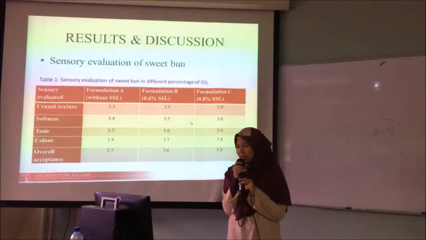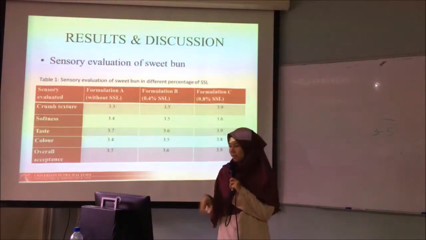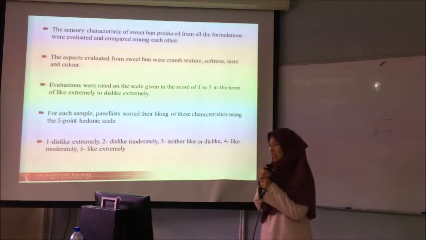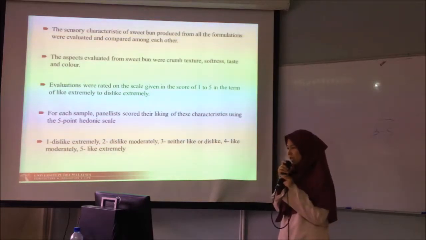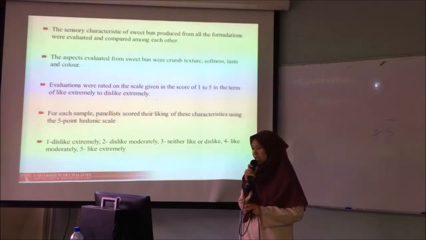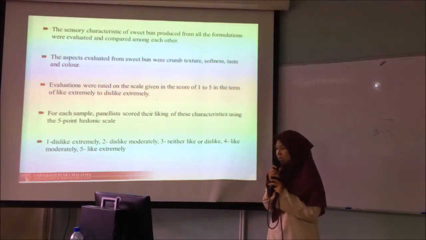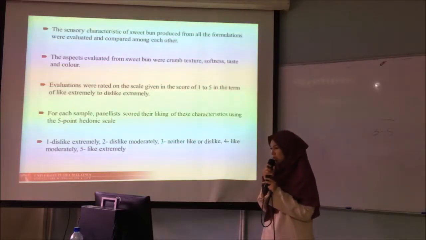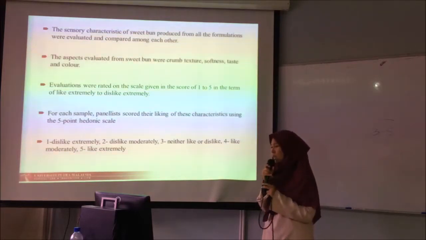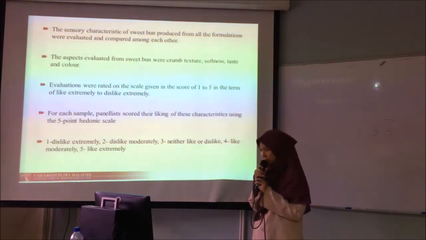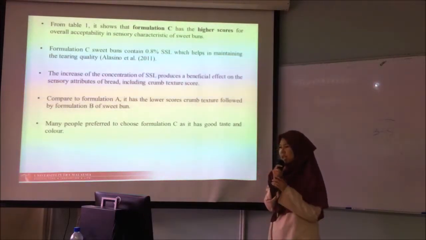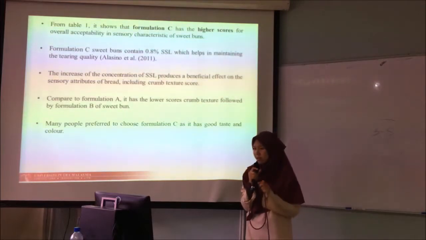Okay, next, the sensory evaluation of the sweet bun. For the sensory characteristics of the sweet bun, we evaluated the crumb texture, softness, taste, and color of the sweet bun. The score of the sensory evaluation is from 1 to 5, from like extremely to dislike extremely. Next. Okay, from Table 1, it shows that formulation C has the highest scores for overall